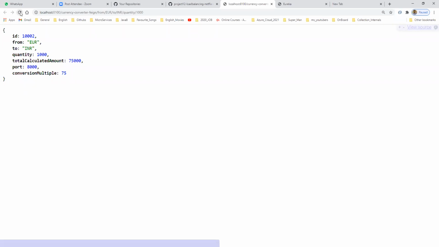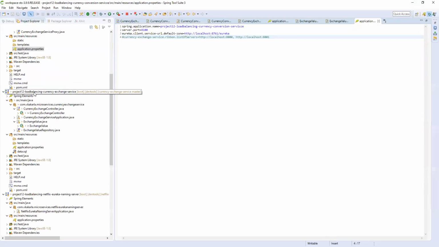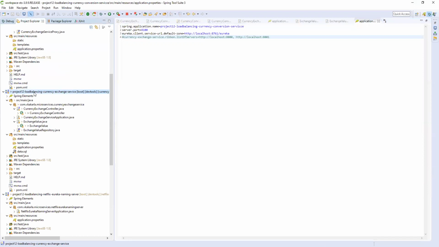Now I want to run the application on different ports, so that I can check which instance my response is coming from. Whenever my application has a huge load, the server should give the response from different instances. For that purpose, I'm running my application on different port numbers. So let me run this currency exchange service on different port numbers.